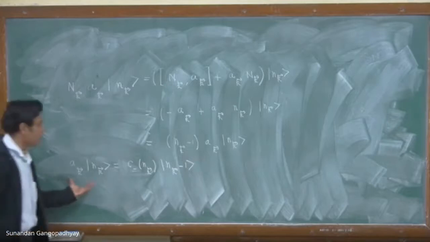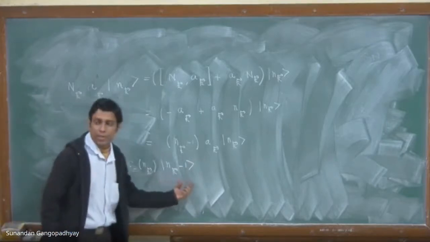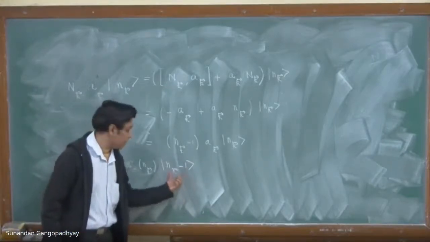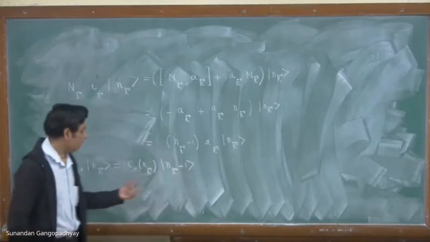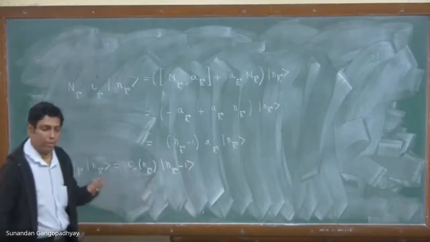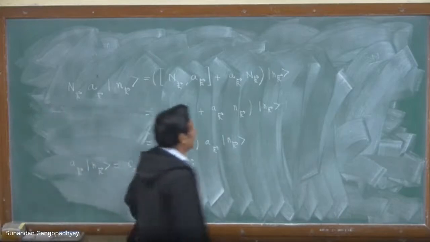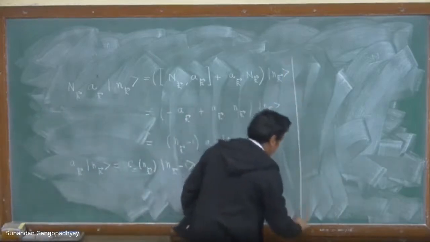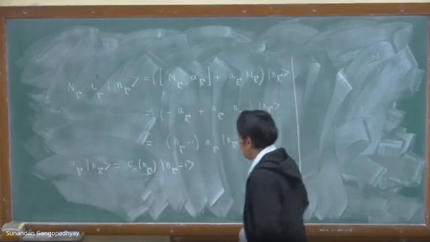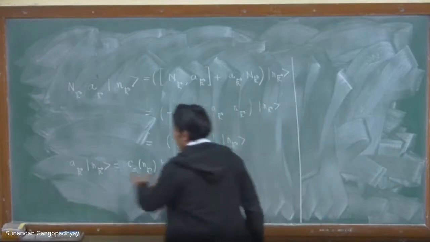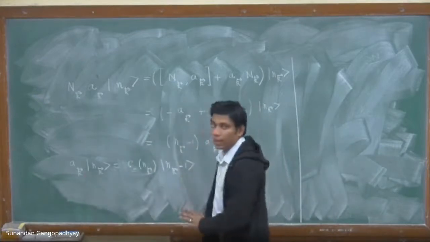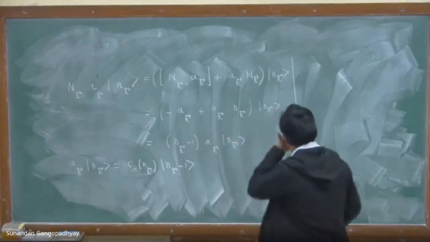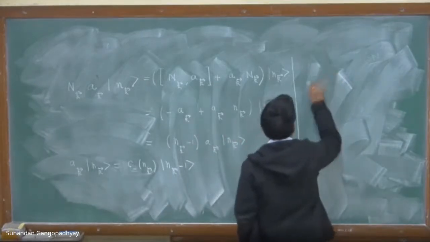So this state is proportional to a state labeled by the eigenvalue nk minus 1, and this is some complex number which you have to determine. If we demand that these are normalized states,